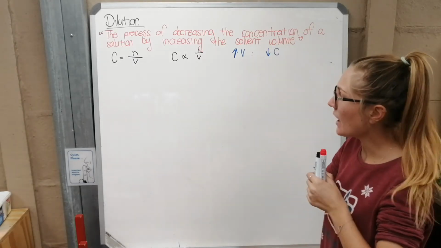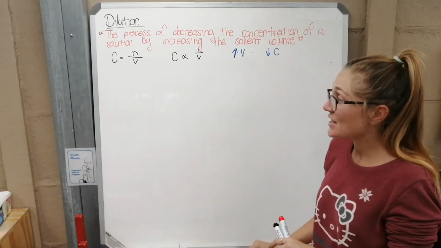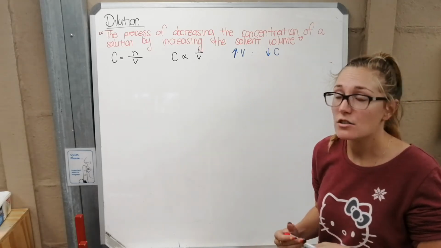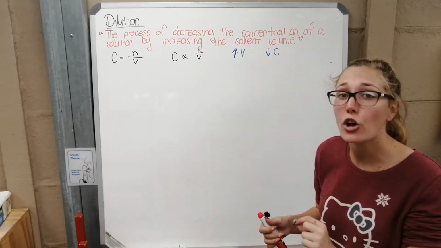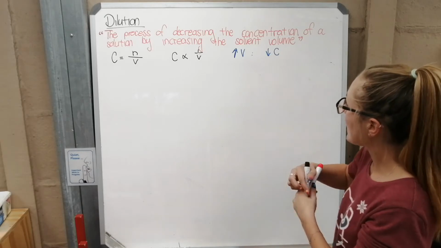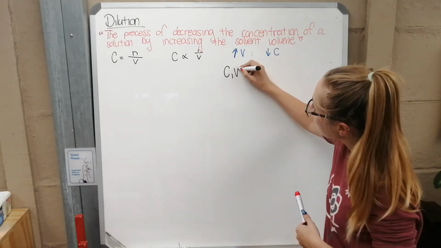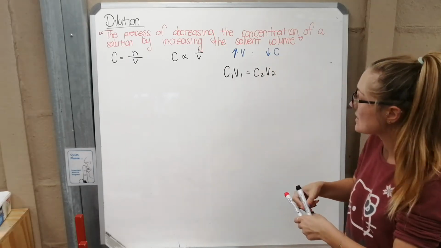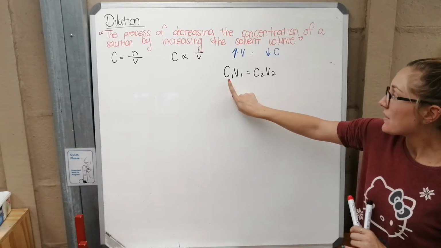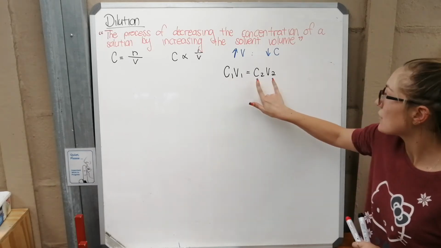Now the formula for dilution, there are 2 of them. These are not on your formula sheets. All the ones we've seen so far for stoichiometry will be on your formula sheet. This one is not. Our formula is C1V1 equals C2V2. So this basically means the product of the initial concentration and volume is equal to the product of the final